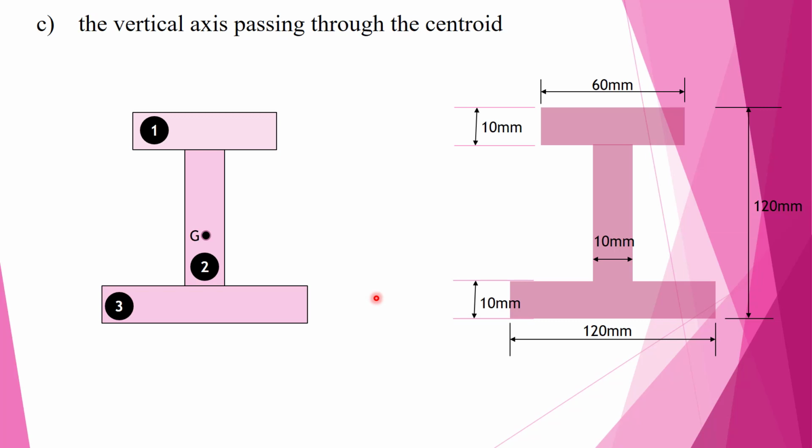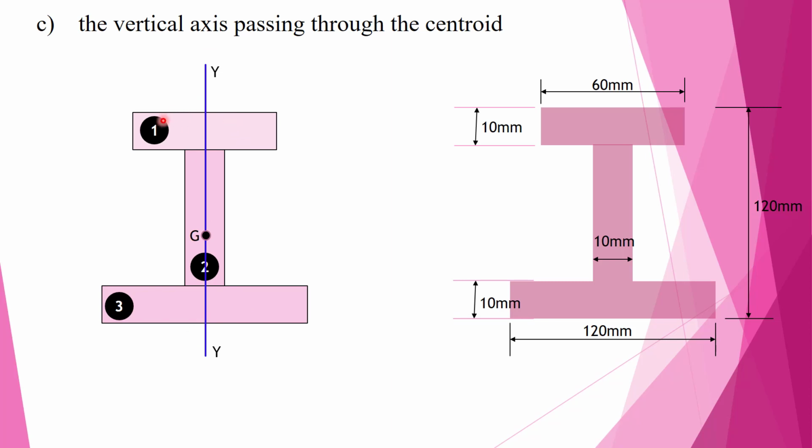Now, the last one, we need to find the moment of inertia of the I section about the vertical axis passing through the centroid. So in this case also, in order to draw the reference vertical axis, we need to mark the centroid. And for the I section, the centroid will be somewhere here. So I have marked the centroid of the I section as capital G. When you draw a vertical line passing through the center of the I section, that will be symmetrical, right? So CG will be on this line itself.